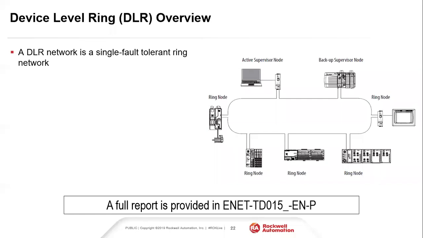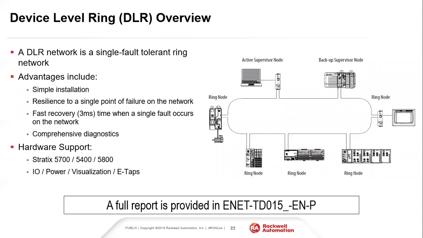I'll still be here so we can still run through a couple different architectures, but when we start talking about below control logics, I look at DLR or device level ring as more of an IO network. We do have the ability of having the static switches dedicated directly for DLR. So that ring topology doesn't have to be the Cisco base, it could be ours. One of the things that you'll see in device level ring, like any ring network, is it's a single fault tolerant ring. It means that I can lose one Ethernet connection and still be talking to every single one of the devices. I can support up to 50 Ethernet IP devices